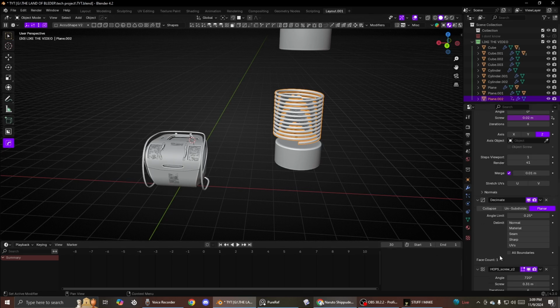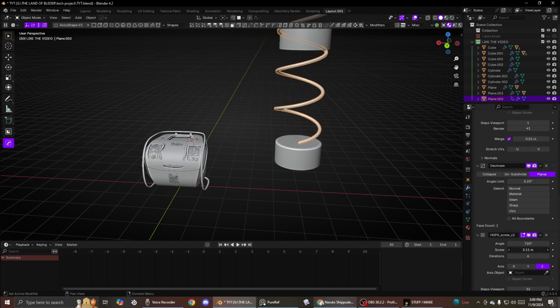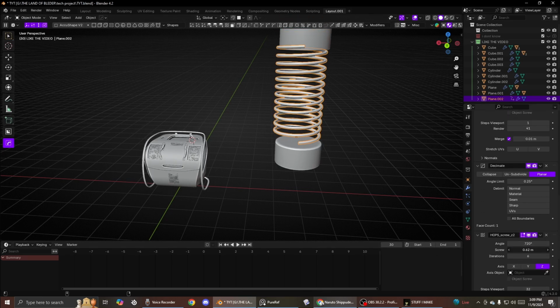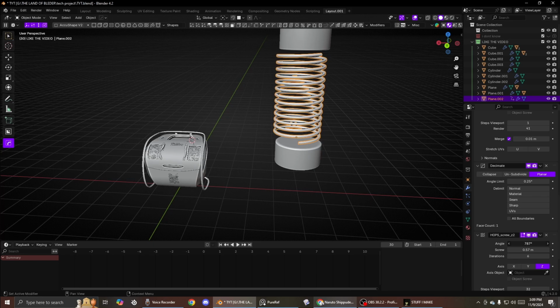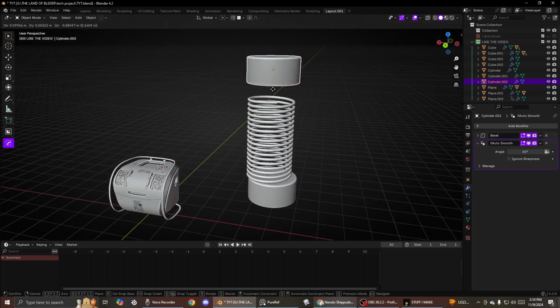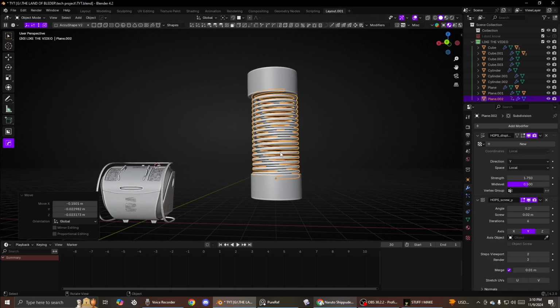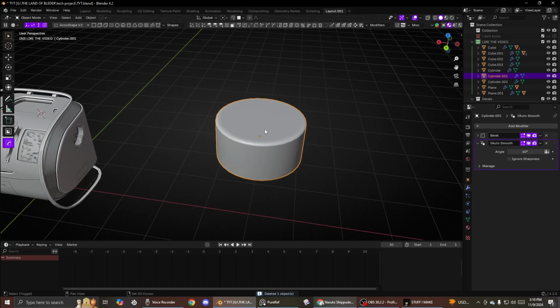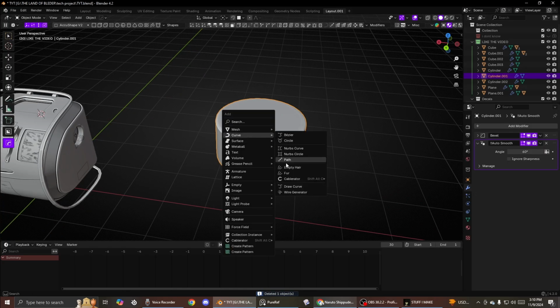Steps, whatever. So like this. If you have HotOps and Boxer, you can do it that way, but obviously you may not have it. So what you can do is just go into curves, and it's also considering the modifiers. Maybe